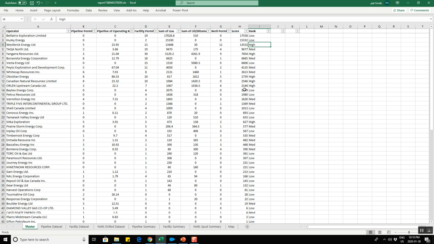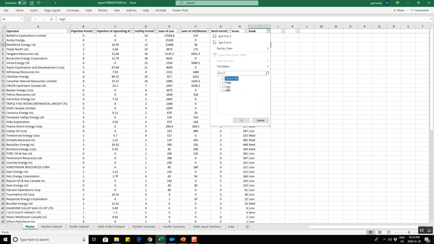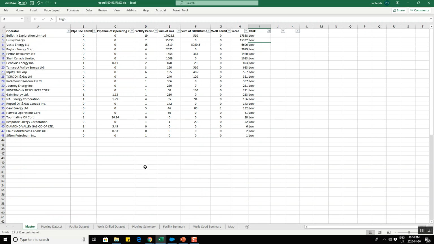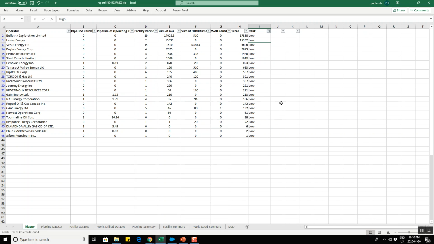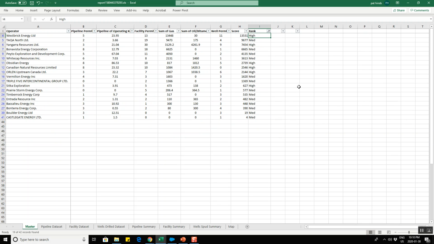So I've ranked that as high, and then we go through the whole data set, and then I can come in here and say, I want to get rid of all the lows. And then there's my target list. Sorry, I clicked wrong. That's not my target list. That's the guys I want to extract out of my target list. Here's my target list. So it's a relatively small target list, but these are the guys that I'm focused on